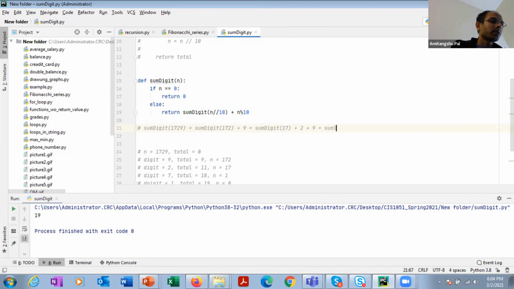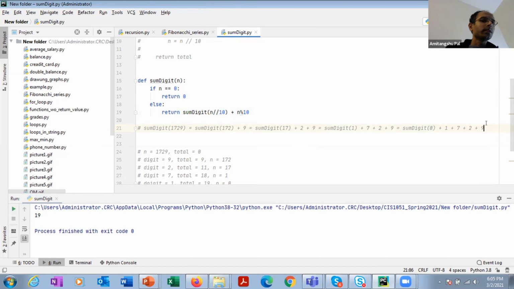So it is going to return sum digit of 1 plus 7 plus 2, plus 9 will remain as it is. Okay, now sum digit of 1 will return sum digit of 0 plus 1. So this is going to return sum digit of 0 plus 1 plus 7 plus 2, plus 9 will remain as it is.